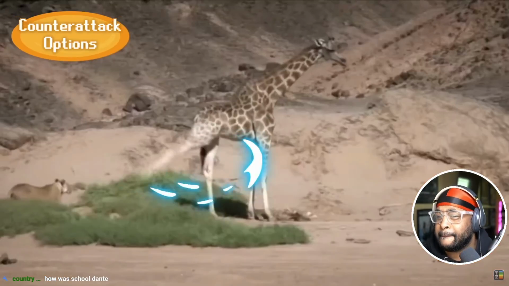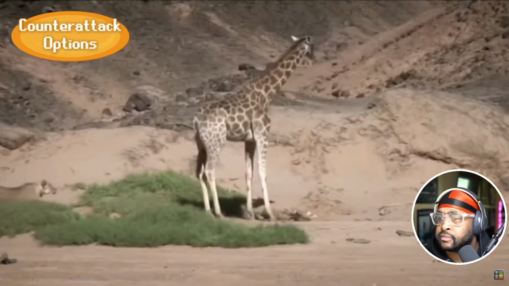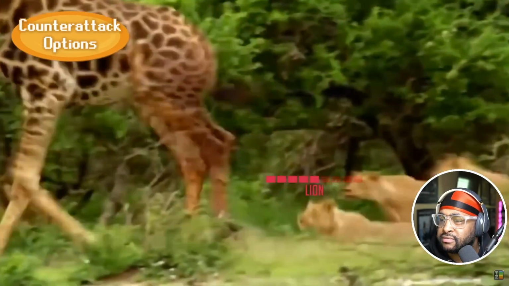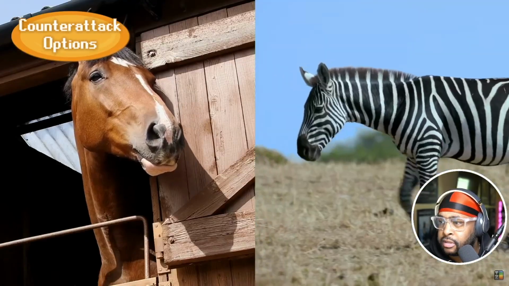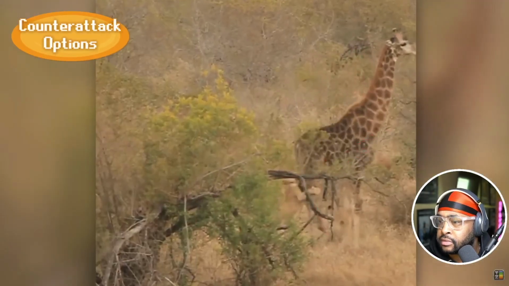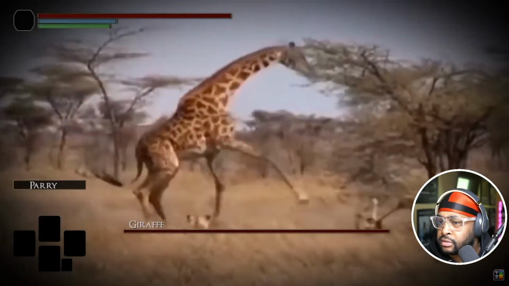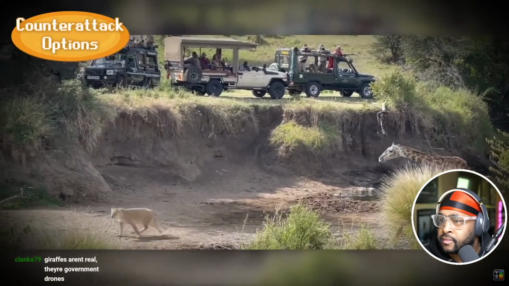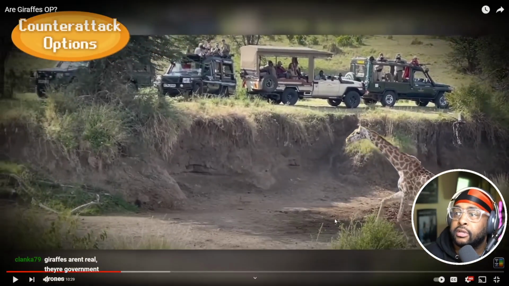The giraffe's reach not only keeps its own vitals out of attack range, but also makes it very easy for a giraffe main to land their own attacks. Similar to horses and zebras, the giraffe's main method of attacking is its kick, dealing moderate damage to any target that dares enter the giraffe's zone of control. However, when the giraffe really needs to deal some damage...